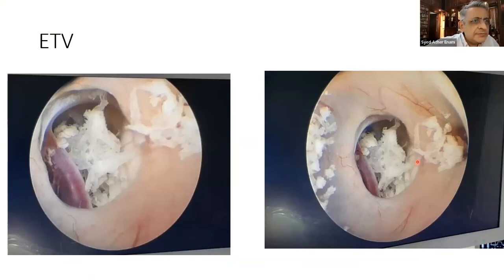This is the previous ETV. These things, I don't know. We have sent these samples. I've never seen this thing. This debris wasn't there like this, like a crystalline structure. So we have sent it out for study. But anyway, this was removed. We were able to see the patency of the